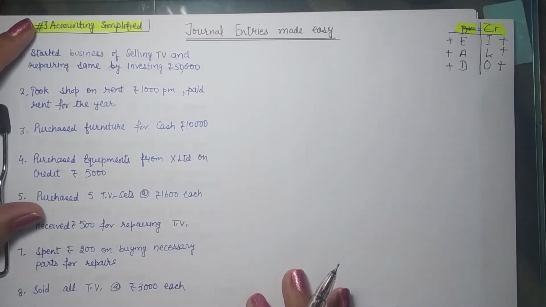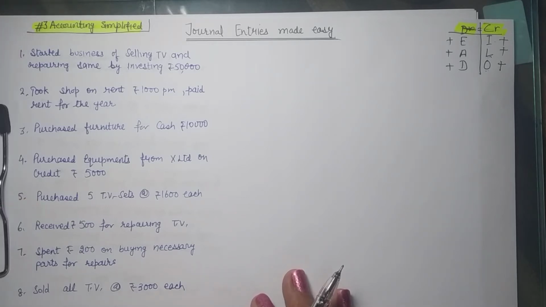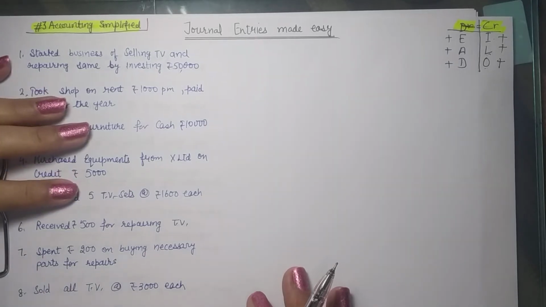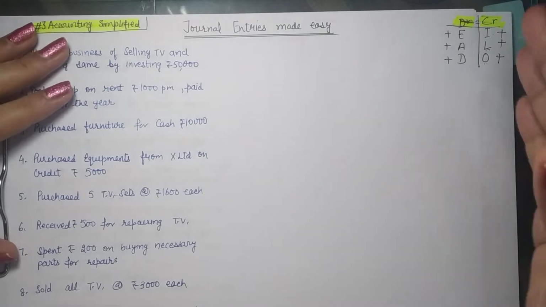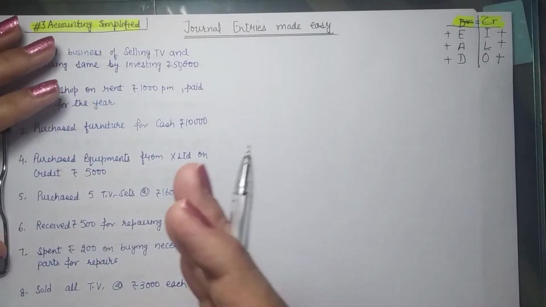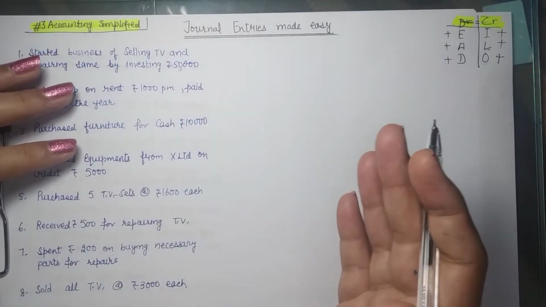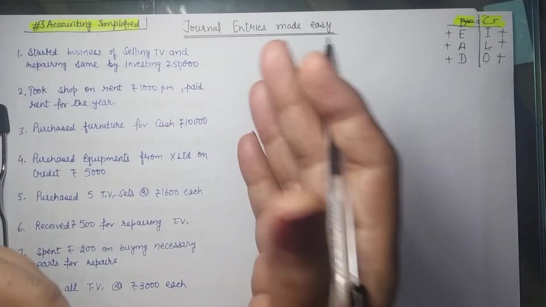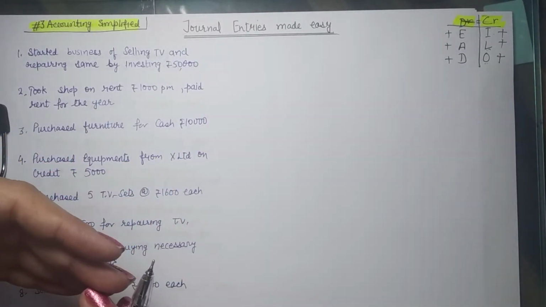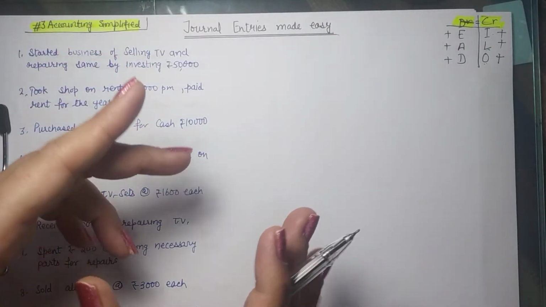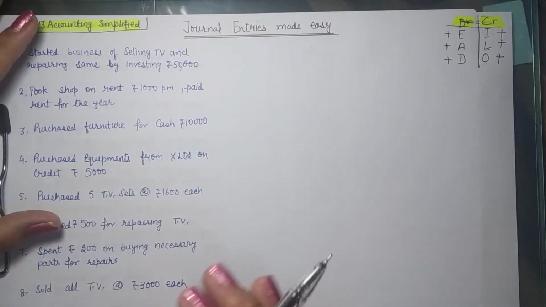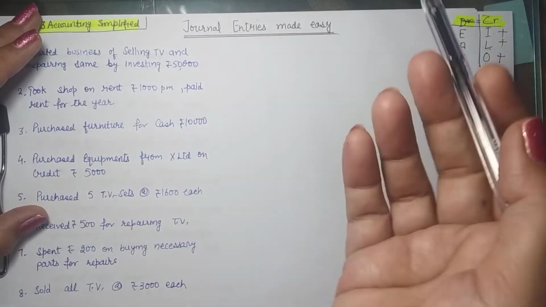Now the first thing is that we are to remember that every transaction will be having at least two effects, equal and opposite. So what are these effects? Since we are working for business, it means that in a business there is always give and take. It is never that you give and take nothing. It's not charity. So if you give something, you also take something. Take means you get. So it is give and take or give and get. So what you give and what you get in the process. So you are to judge your transaction on these two aspects. So we'll first judge the transaction on what do we give and what do we get.